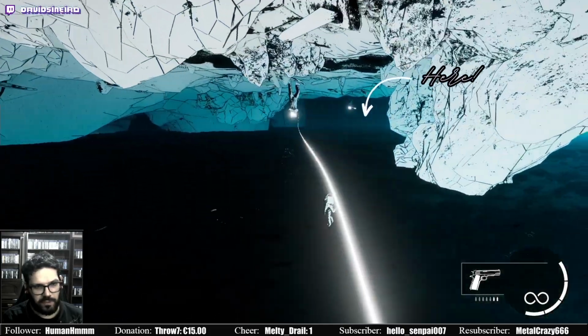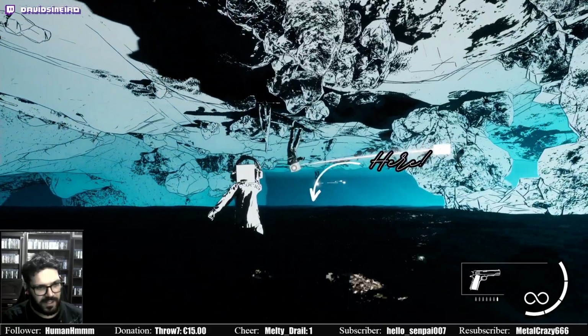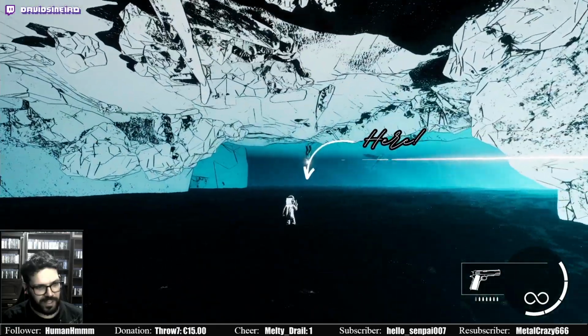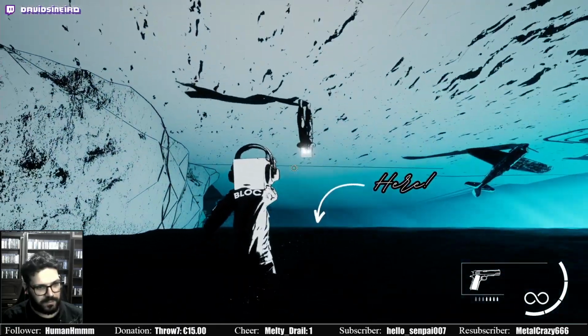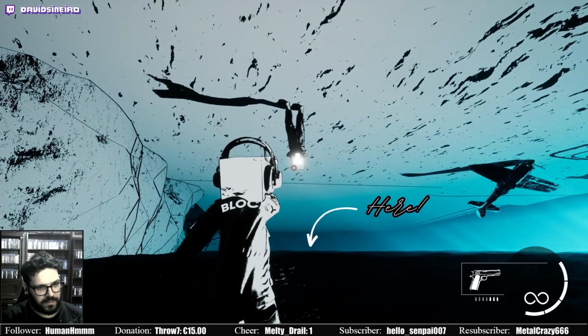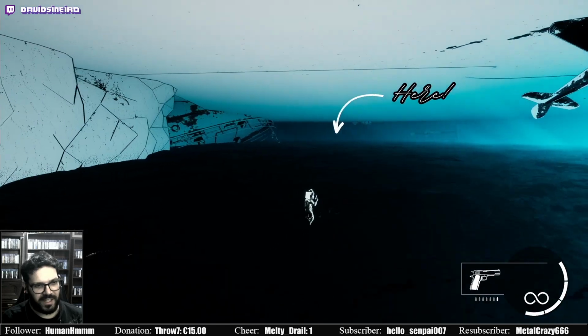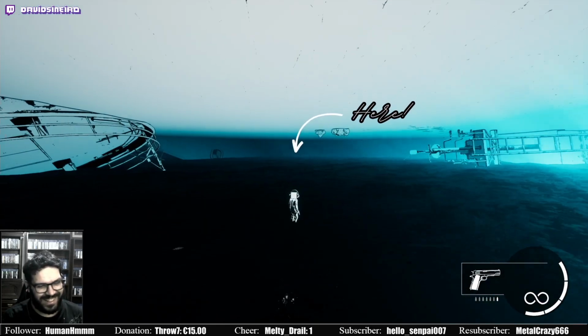Playing It Takes Two with my Fushuan, she's loving it. Of course. That's such a girl-friendly game. Girlfriend-friendly game. I played it with my girlfriend, Throw 7, and we both loved it.